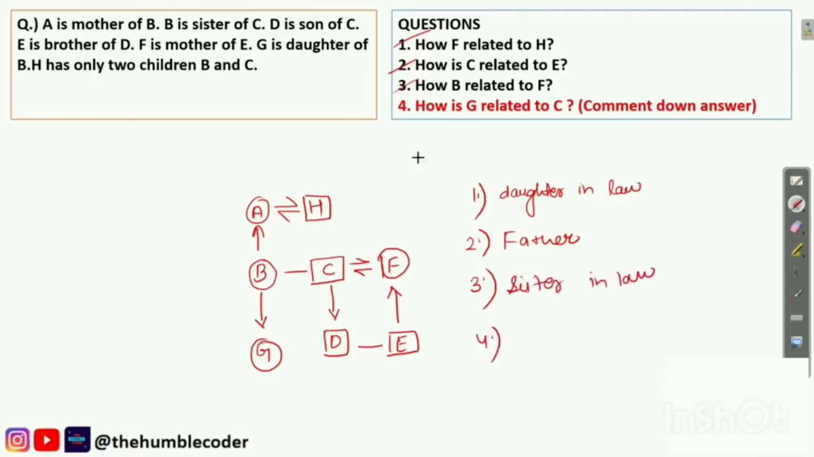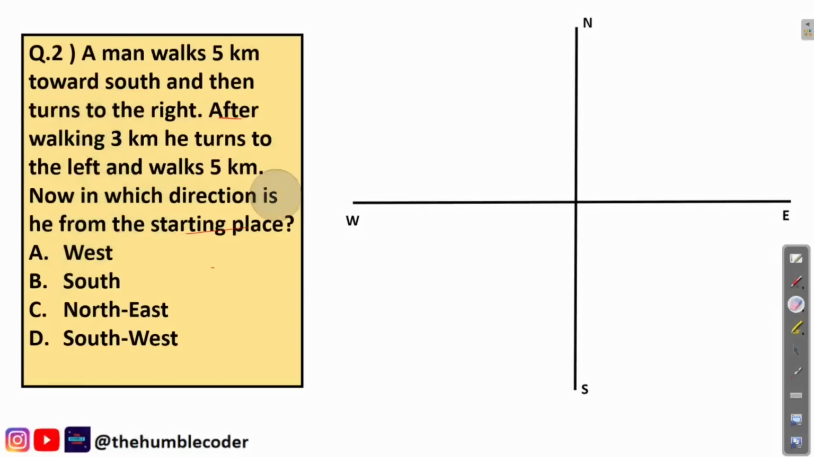Now again, the fourth question, as already told you, you have to solve. So how is G related to C? So G is here and C is here. So you have to find the relation between them. So this is our next question. Let's try to solve it first. Just in case you have got the logic, try to solve it on your own first and then